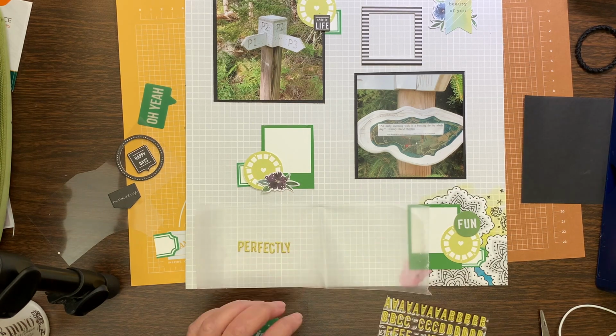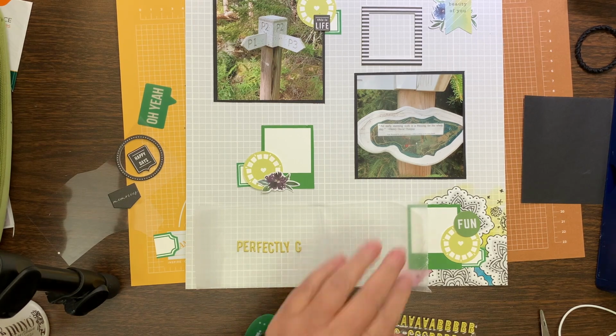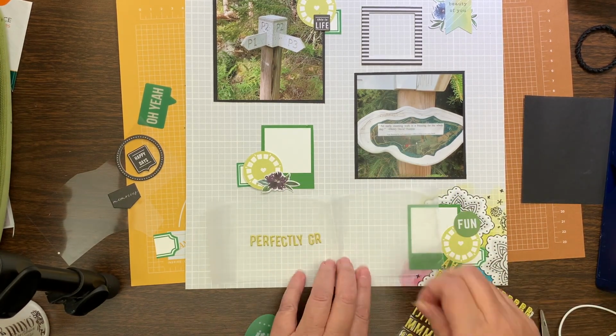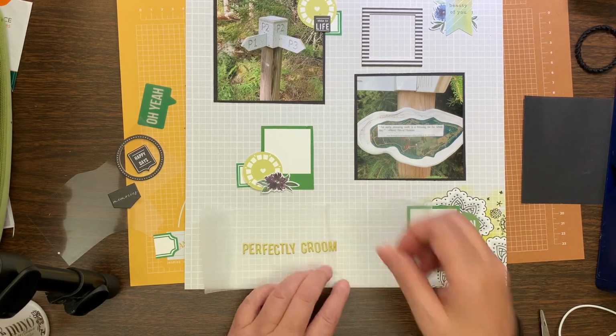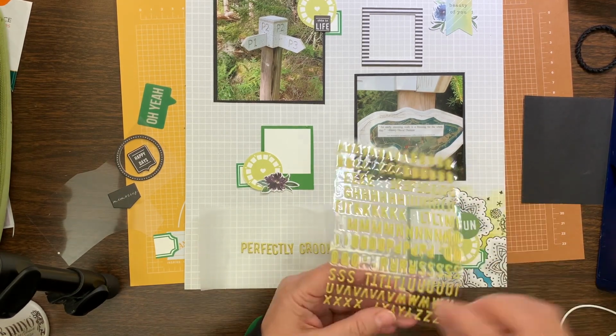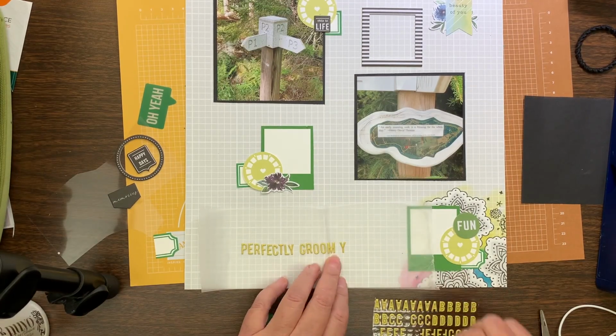Like, there's no way that if I used some thickers I'd be able to put that huge title. By using those little ones, I ended up being able to put that long title. Now I have to say, if I would have been home and had all my thickers available to me,